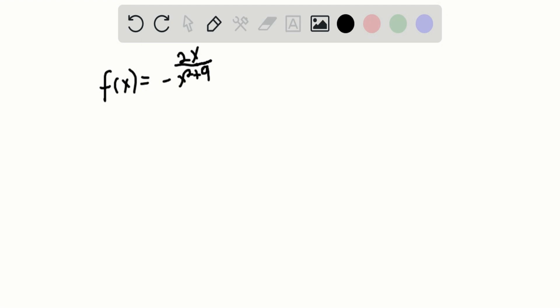So if we take the denominator and we set it equal to 0, the negative sign in front doesn't really come into play here. It's just whenever x squared